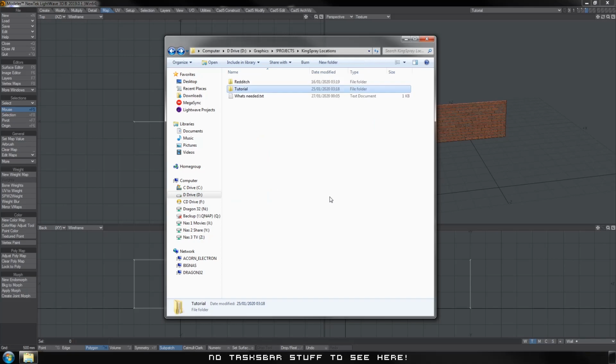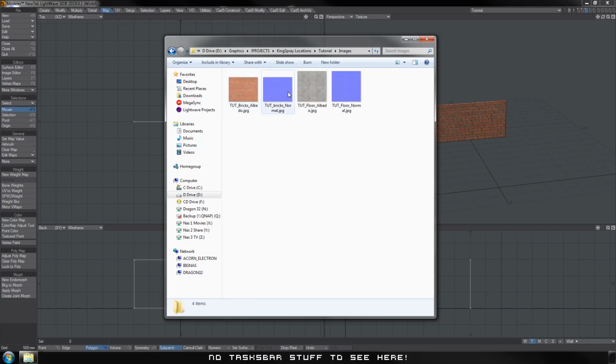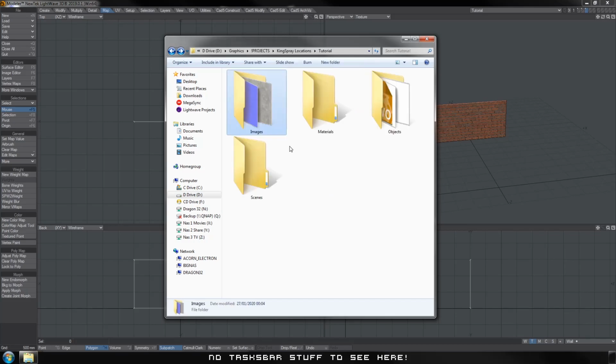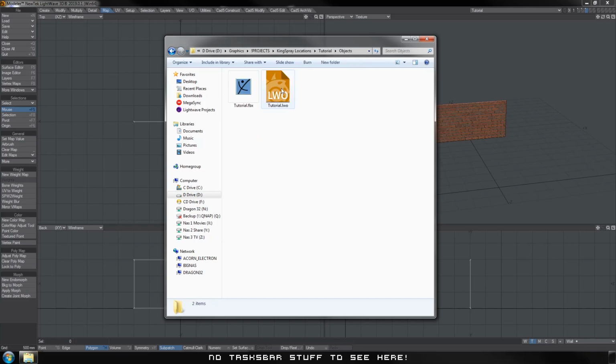Then what you can do is, actually I'll just show you. In the images was my images, my textures, nothing in materials yet. In objects I've got my native version of the object and the FBX version, and there's nothing in scenes at the moment. So we will copy the entire tutorials folder,